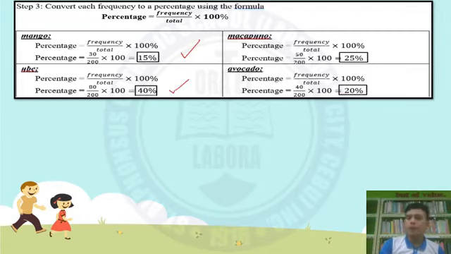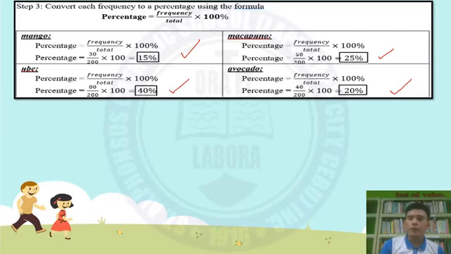For makapuno, 50 over 200, which is the total, times 100, is 25%. Avocado, 40 students over the total of 200 times 100 is equal to 20%. So you can use your calculator in solving this one. These are the percentages